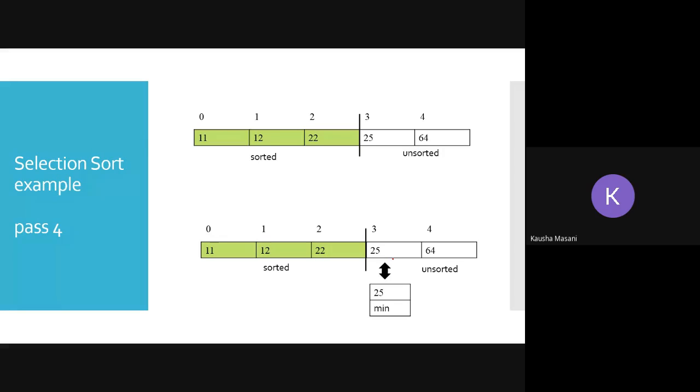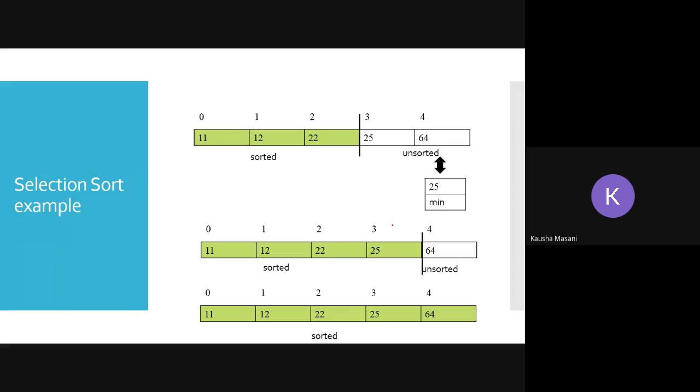Now again repeat the same process. Though we can see that we don't need to, the program does not know. So 25 and 64: 25 is in its own position, right? No need to swap. So 64 is the only unsorted element, and that is also included in your sorted array. Thus we get your final sorted array. Everyone who was not able to recall, I hope you are recalling this method, and those who did not know or forgot, I hope it is clear to all of you. Yes or no?